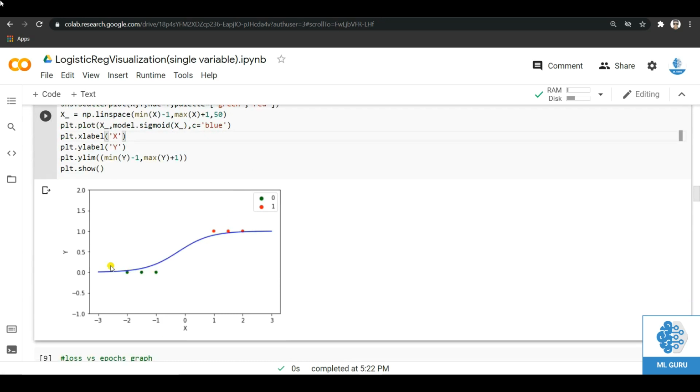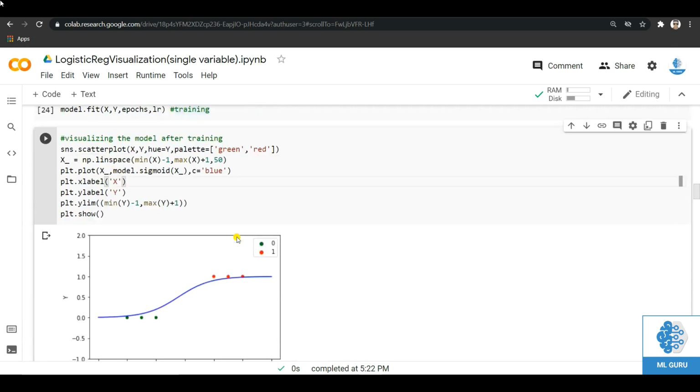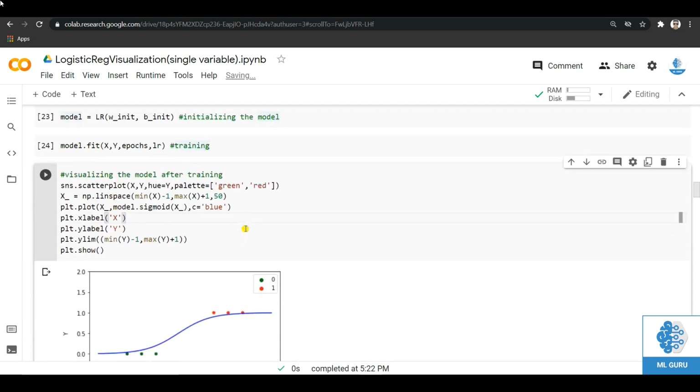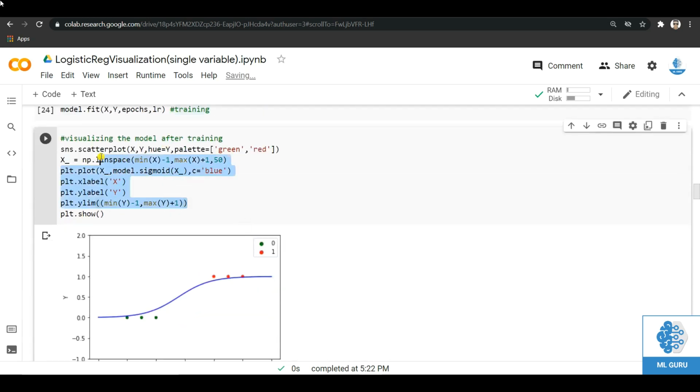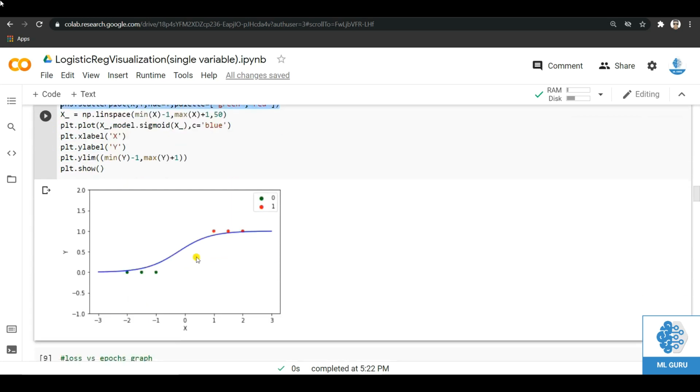So as you can see, the model has fitted very nicely on this toy dataset. This is a very simple function to plot. First, we are using the same code to plot these dataset points which we had used above, and then